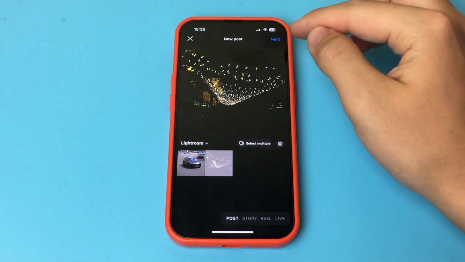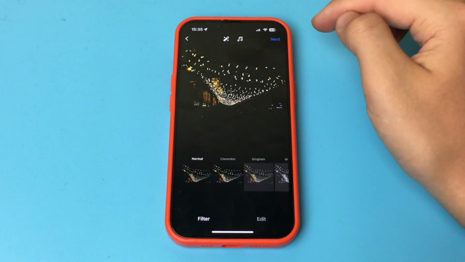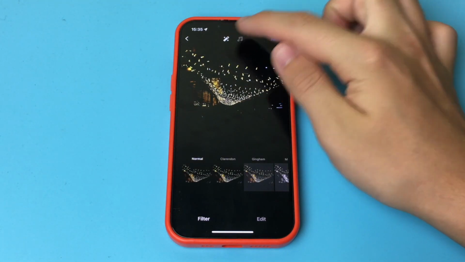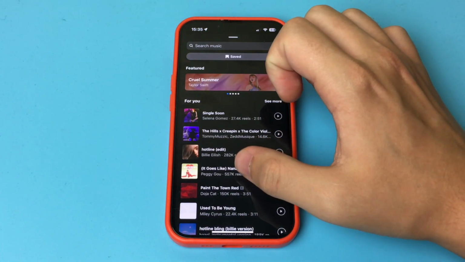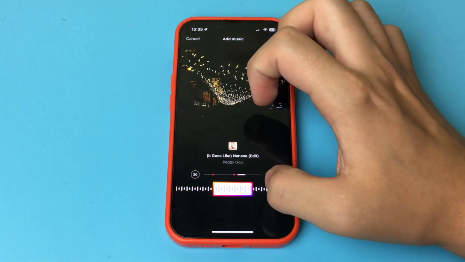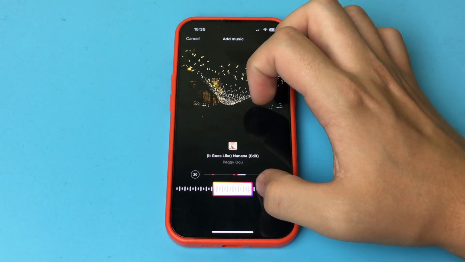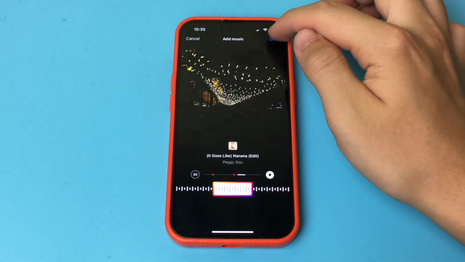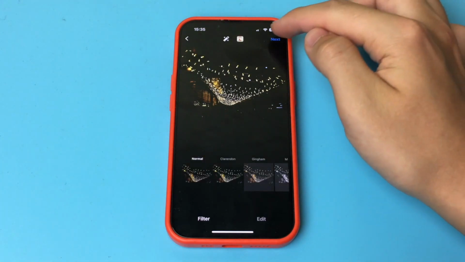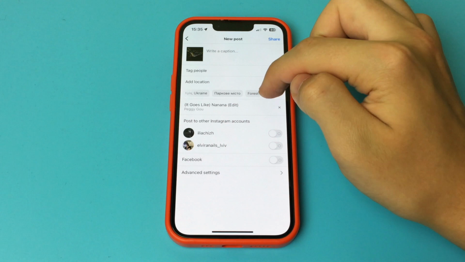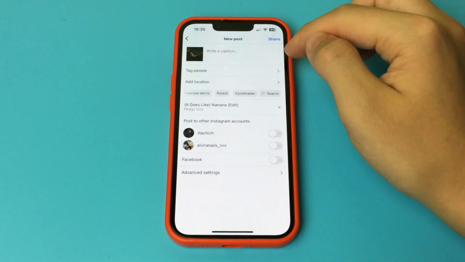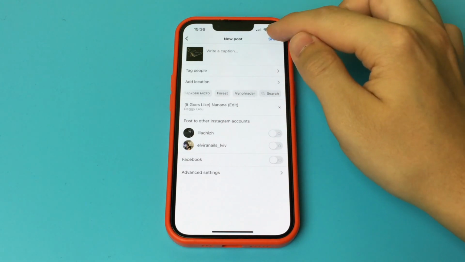Next, you click on the Add button and add a photo. Next, you click on the Music button. And you add the song that you want to add. For example, I choose this song and select the passage that will play in the song. Then I click Next. Done. Next, we add a caption to our post as usual and post it. As you can see, this is a very simple and quick way. Done. There is nothing complicated.